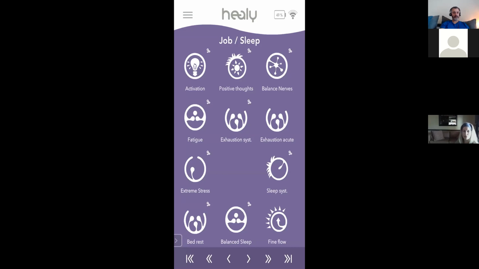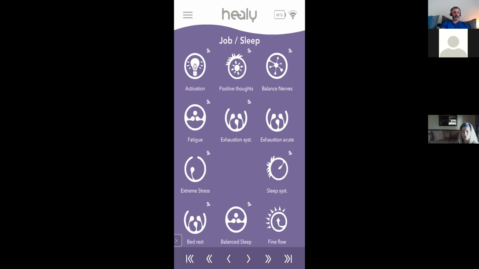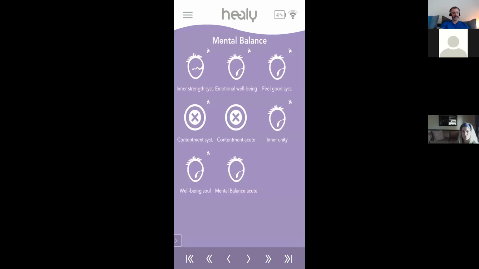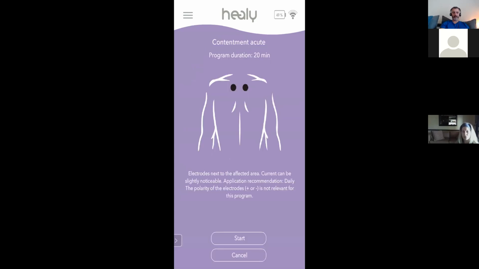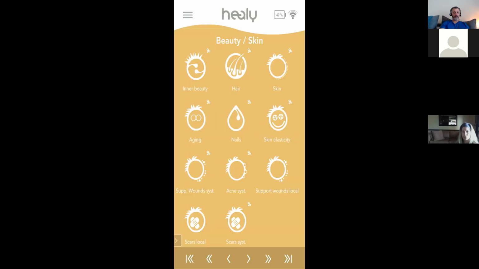And I don't think any of these need to go across your mastoid bones, but you could check that in the manual, okay? Mental balance, I think we remember that some of these, yes, you do need them on the mastoid bone optimally. Skin results. The results we get with this are just crazy, okay?